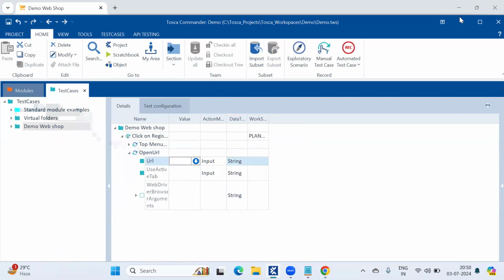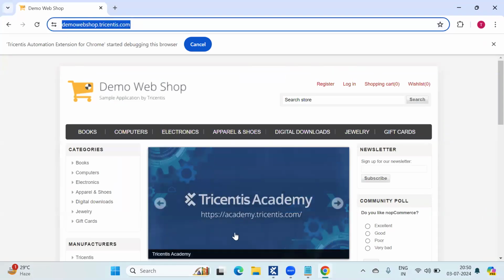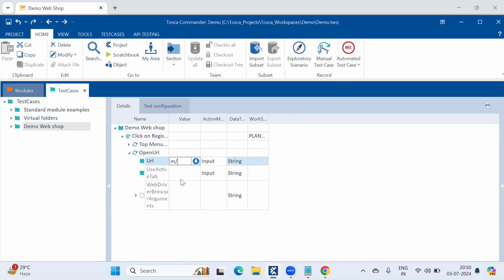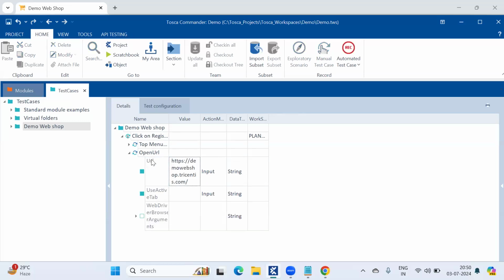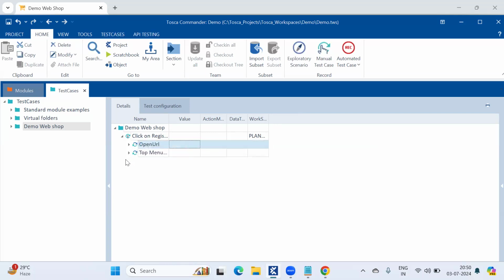For example, demo web shop. You can give the URL here. No coding is here. This is the standard module. Whatever URL you want to open, you can open this URL. Let me perform these two operations. So we need to give it in order, right?